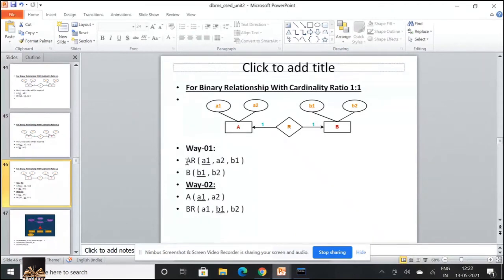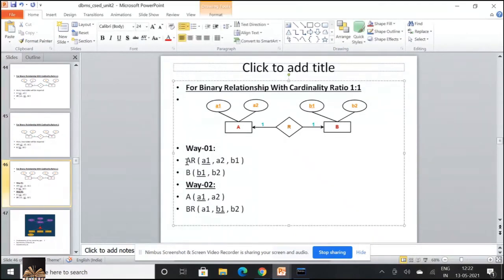So the first way of representation would be A having an additional attribute B1, which is coming from B, and B will be as it is. In way two, A will be as it is, and B would have the primary key of A as a foreign key in BR. So this is the way I'm going to convert cardinality into your relation tables.